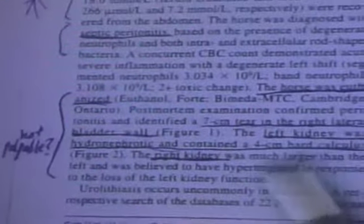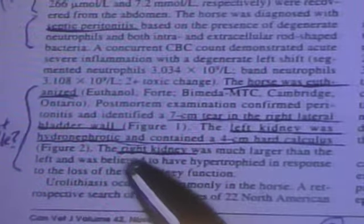So on necropsy, they found a tear in the bladder. The left kidney was hydronephrotic and contained